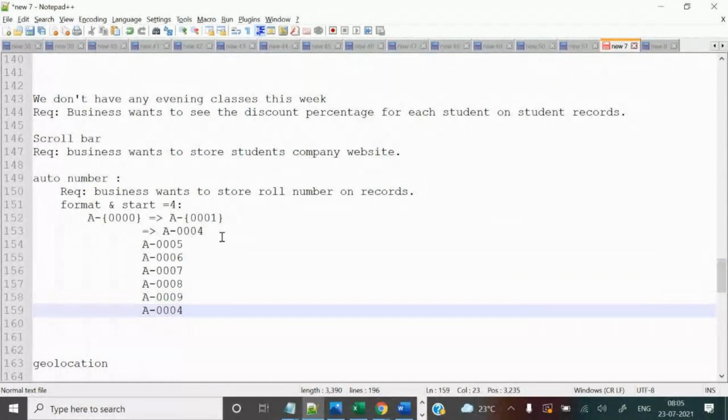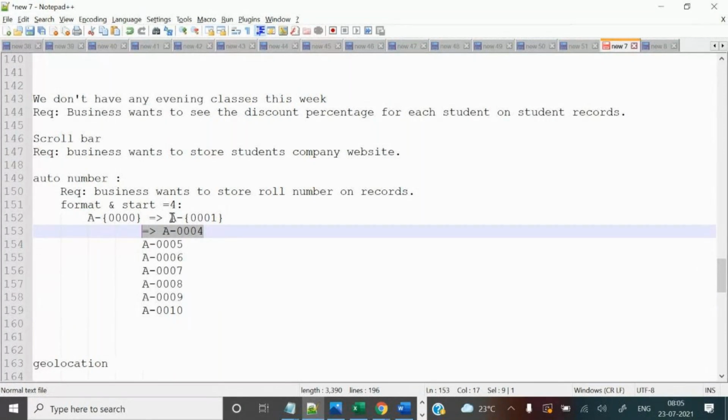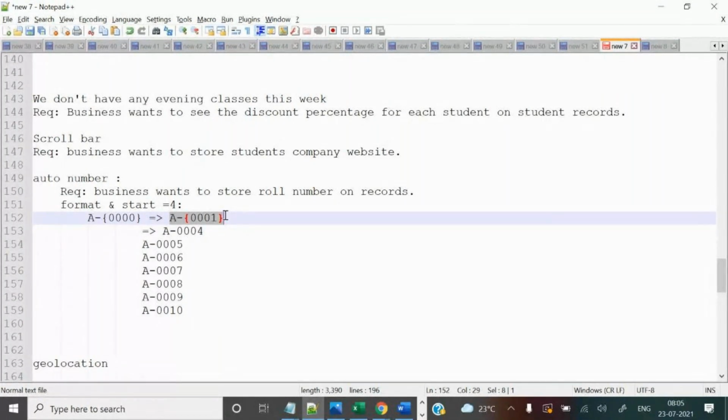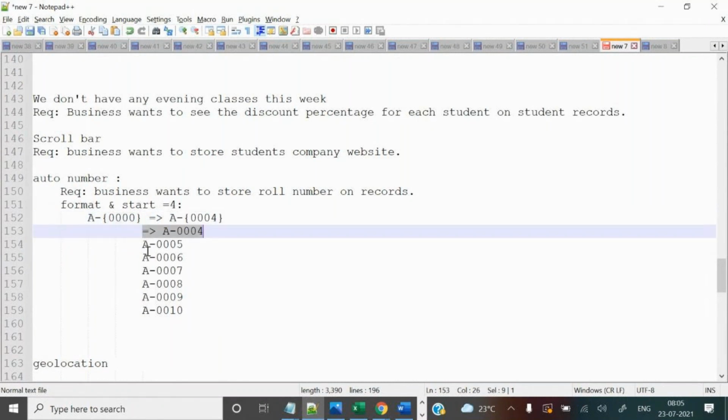It will be like this only. Get it? From 004 you have started, it is not this one, you have given 4 only as the starting number. So this is the format, the final output is this one.